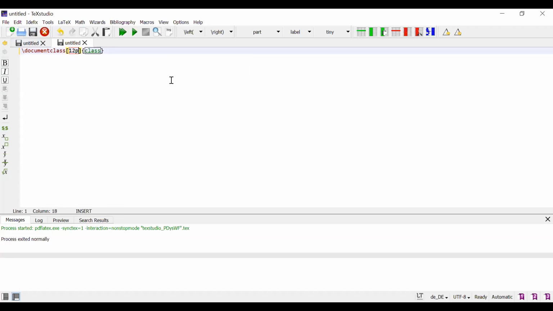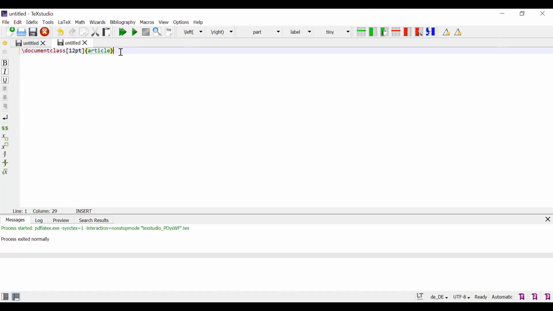It is document class 12pt, and then our class is article. Suppose you change your class, all the alignments are changed. We will see at the end of the day how the alignments change for the different classes: report, thesis, article, book.